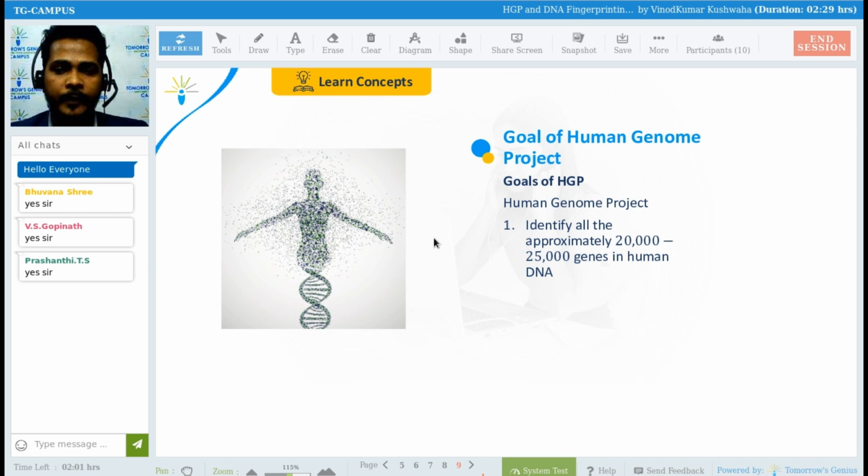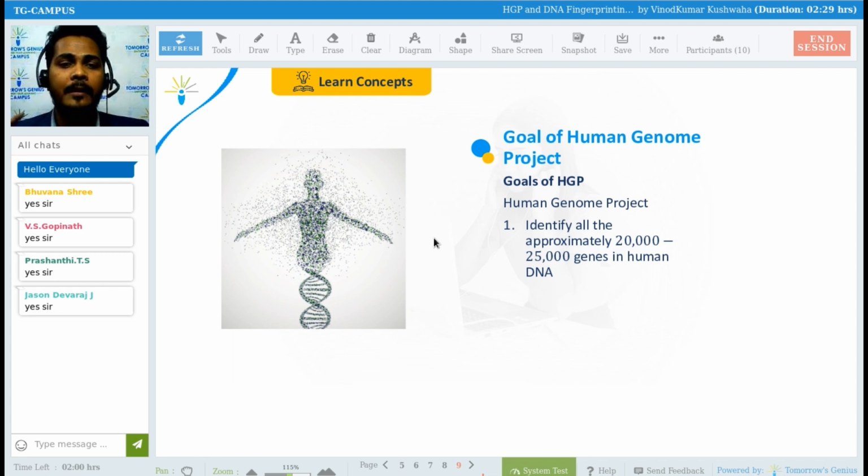Okay. Now let's move ahead. The goal of the Human Genome Project. Now let's focus on what the goal of the Human Genome Project is. You know that before launching this project, the goal was already set, and that goal is to